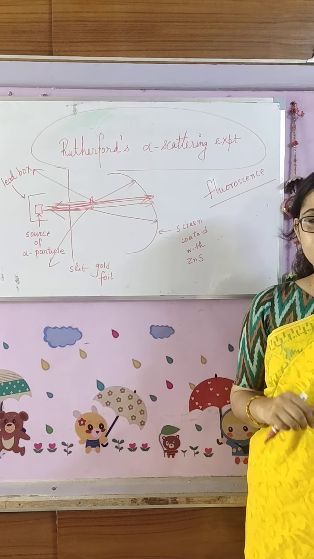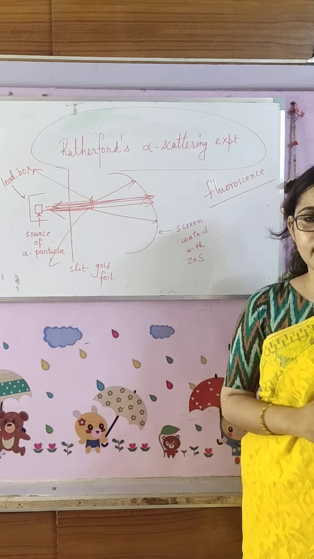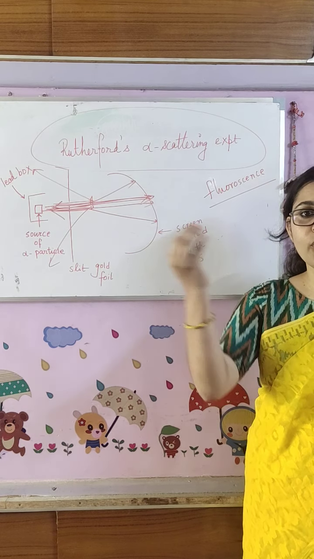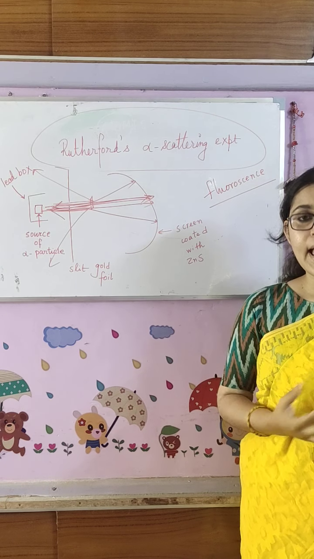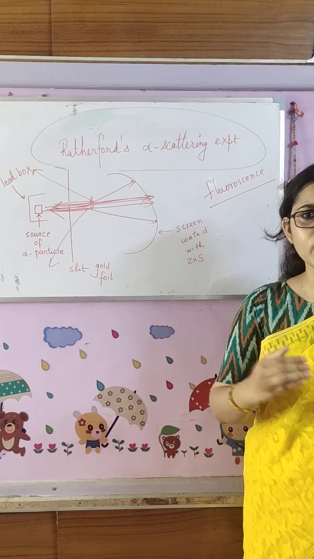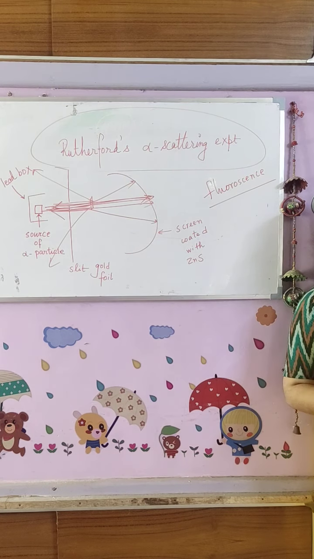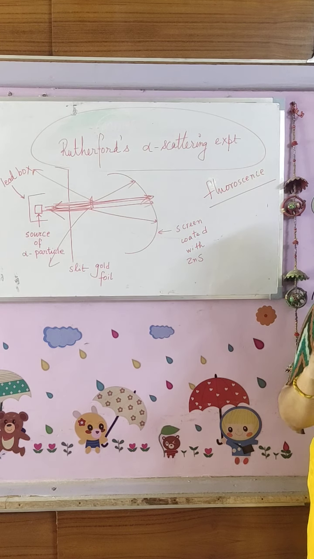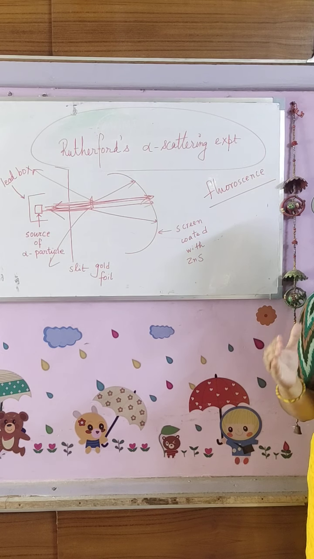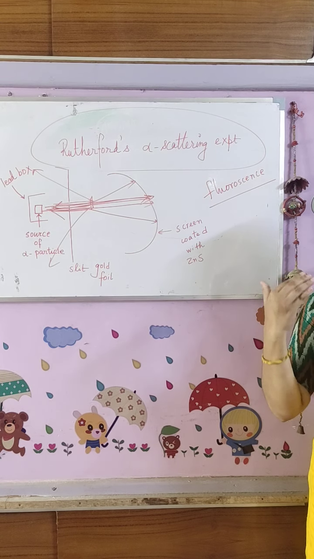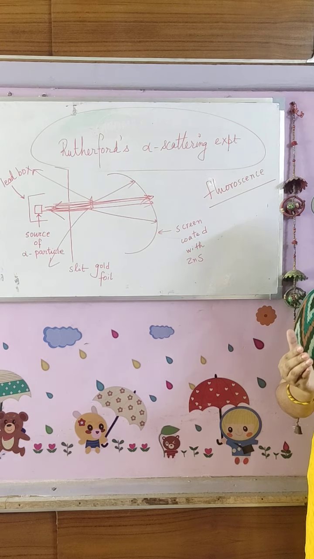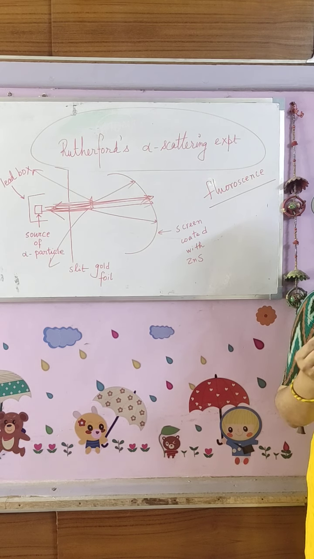Suppose we are throwing a ball at a wall, and we are throwing a ball through a curtain. If we throw the ball at a wall, we will get the ball directly back towards us. And if we throw the ball through a curtain, the path of the ball will be deflected, but only to a certain point. So from this we can tell that when the collision is with a hard substance, a substance with huge mass, then the ball will come back totally. And if the collision is with a very light substance, the mass is less, it is not rigid, then the deflection will be very small.